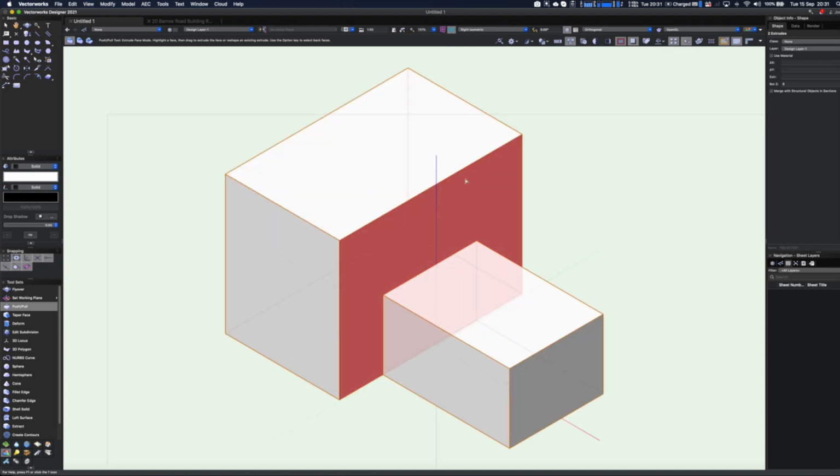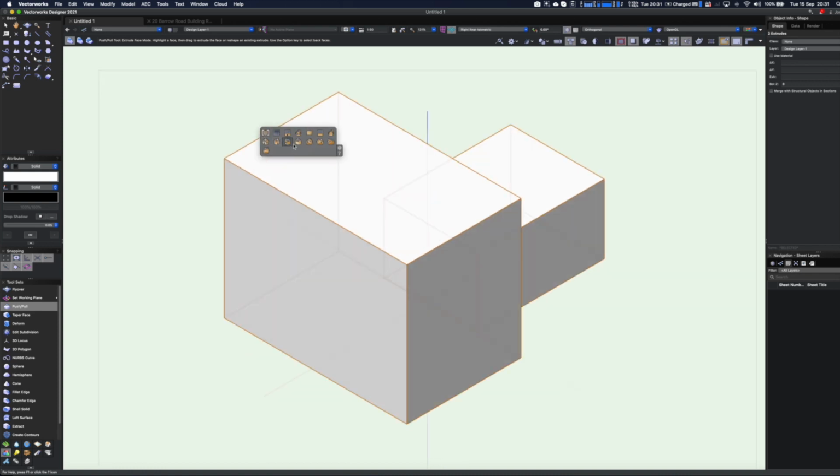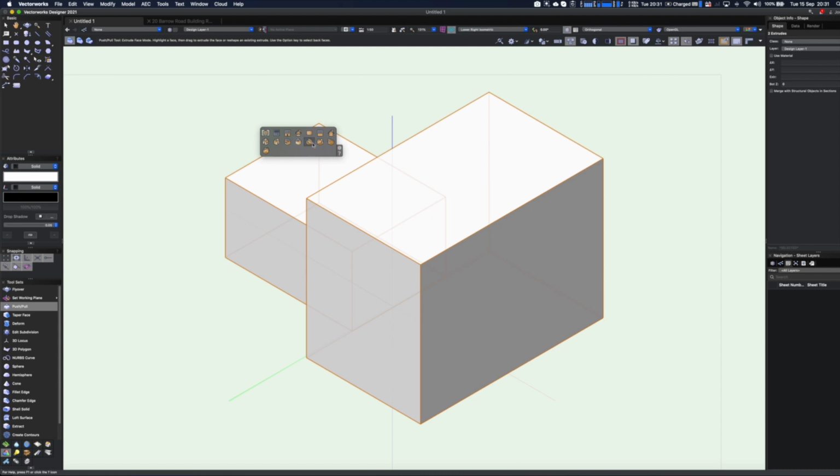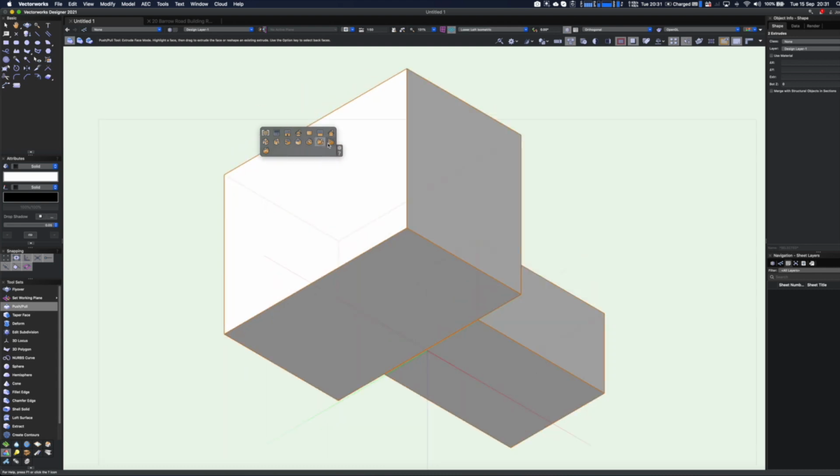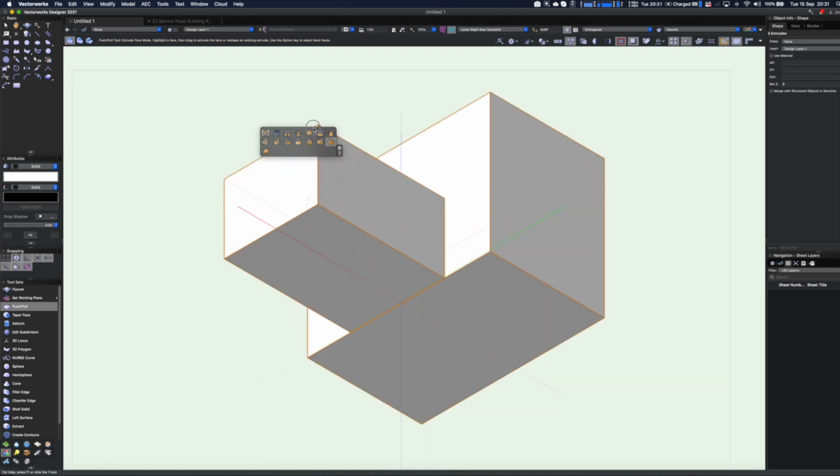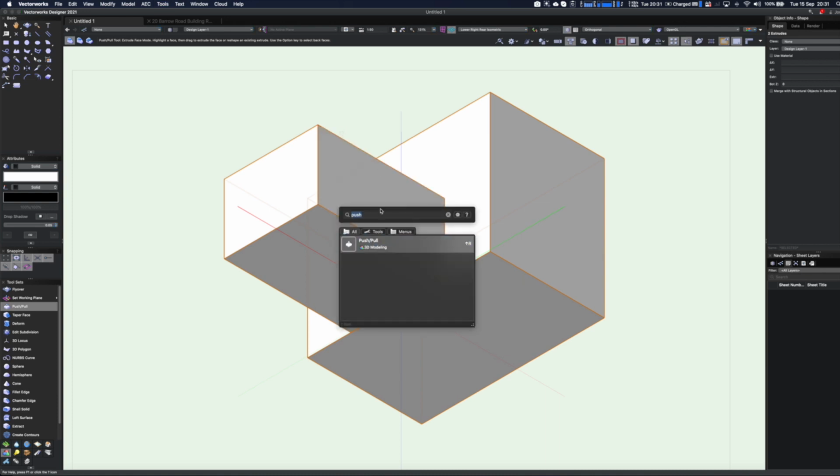So basically, let's just recap on this. If I click the on-demand menu, I can now spin around all the different 3D views, which is really nice. You can see, absolutely gorgeous, really quick and responsive, and you don't have to learn the shortcuts. Or if I click the on-demand menu and I start to type in something like, let's go and type in